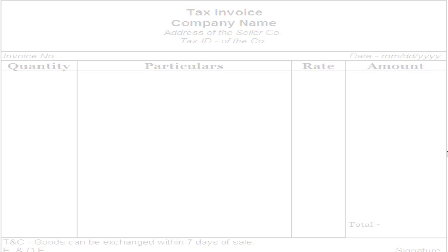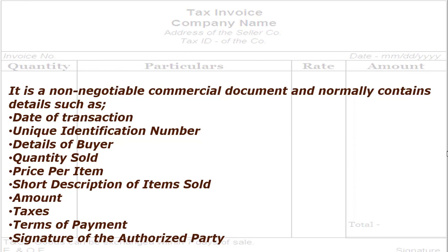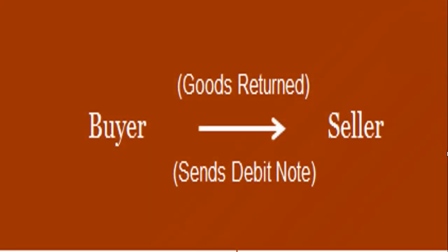This is the proforma of invoice. It includes date of transaction, details of buyer, quantity sold, price per item, amount, taxes, terms of payment, and signature. In short,